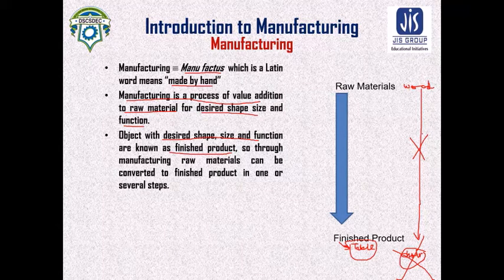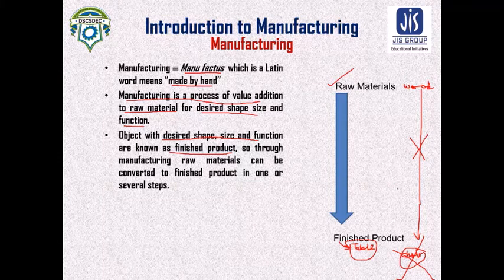So do you have a clear idea about raw material? What is raw material? Anything that needs to be developed to become functional, such as wood. Wood cannot be used simply, so for that we need to add some value. By adding value we can make a chair, a table, anything we want. If we desire a table and we get a table, then the table is called the finished product, and the process is called the manufacturing process.